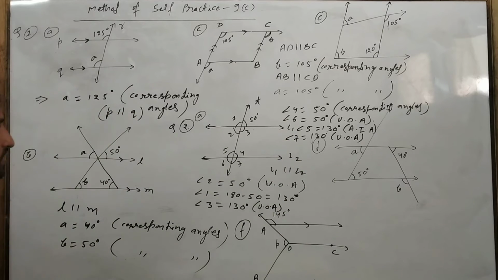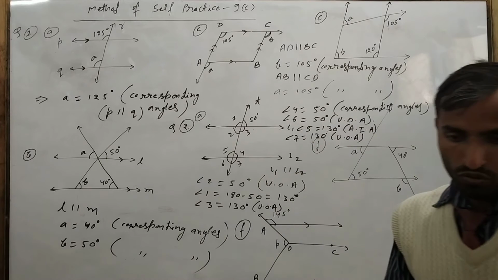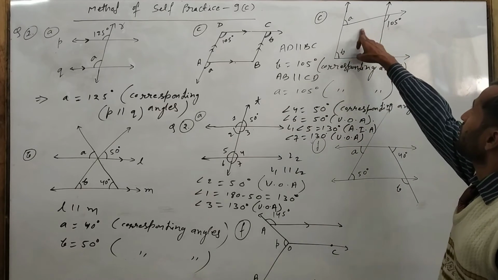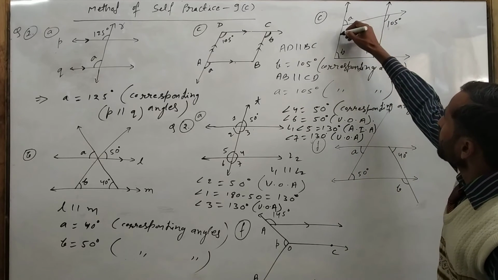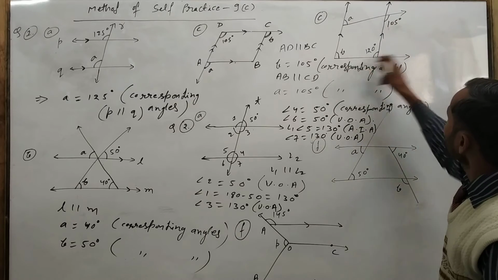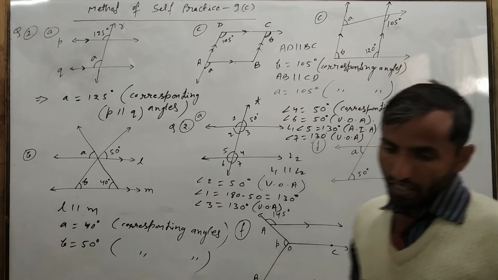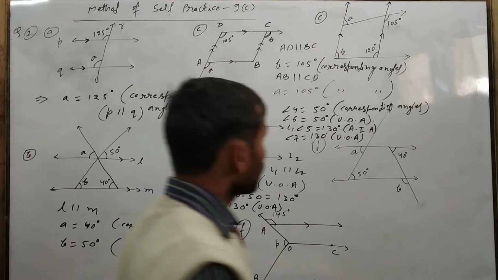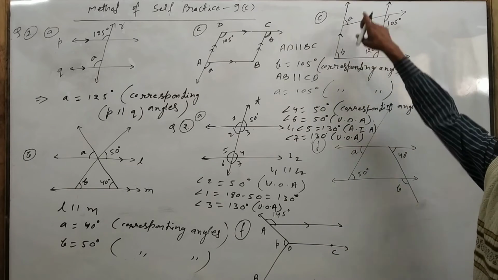Now we have to go to the next question. The B part I have left for you. The C part I will do. Just you see here, the diagram is given. In C, these lines are parallel. These both lines are parallel, but this one is not parallel. Okay, just be careful. This line is not parallel, and this is given directly in the question also. So now we have to find the values of A and B. Here unknown values are given.